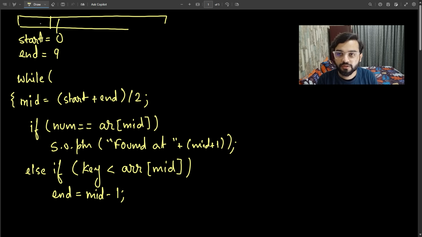Similar is the case for the other thing. If value of num is greater than the value of element present at middle, then obviously the element is present at second half of our original array. So what I will do, I will change the value of start from here to the next element of the middle element. So else if